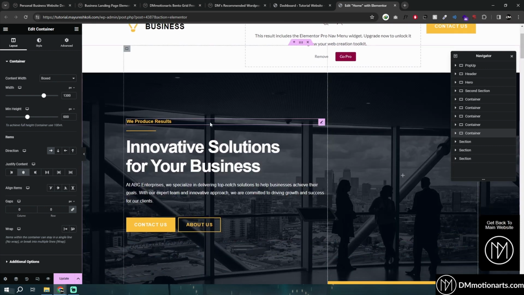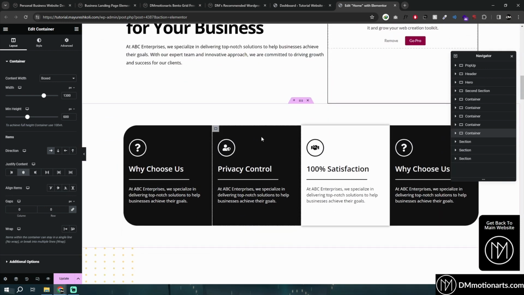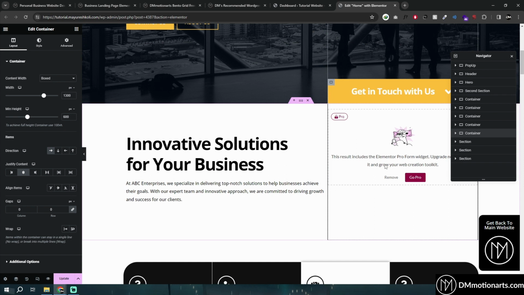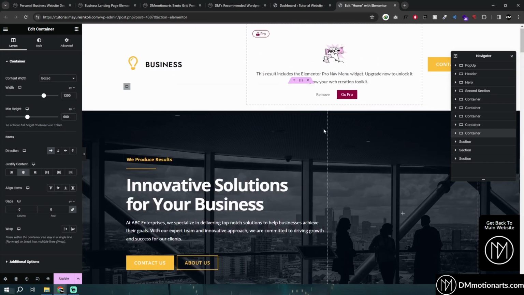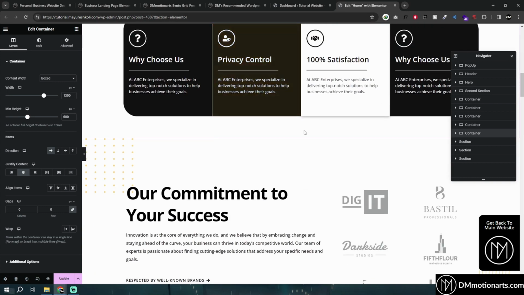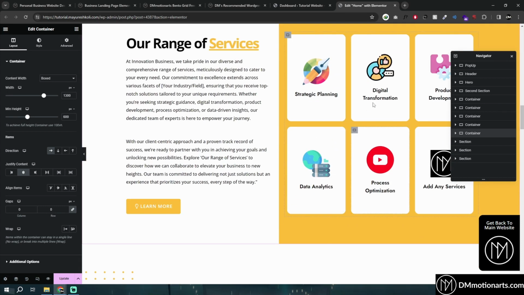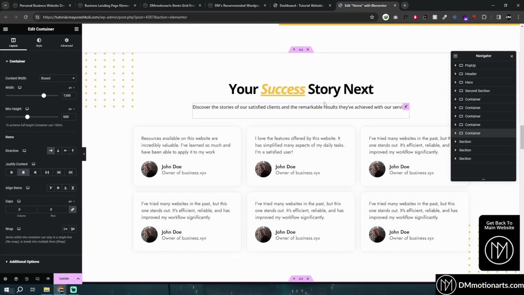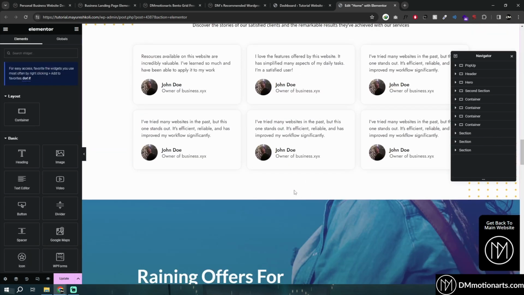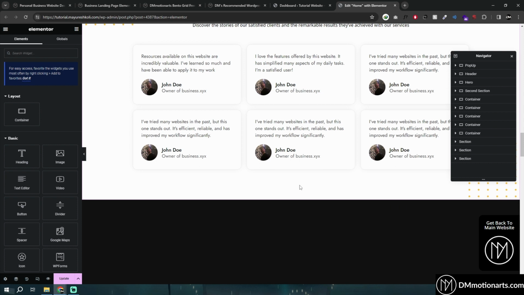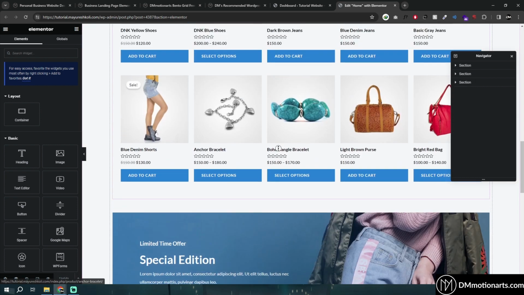And you could see that it is actually installed the whole page around here. Some sections are not shown which are required in Elementor Pro, but you could basically delete them and just use the Astra theme and all, or just use some other theme that you could get. And you could see it is installed. You can also delete it easily and add any other sections that you want, and it is completely free.